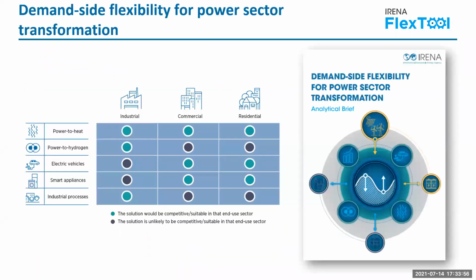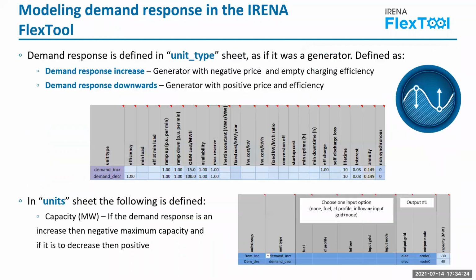Then for demand response, well, you can see here that we published a couple of years ago this work on demand side flexibility for power sector transformation, where we map that demand side flexibility can come from power to heat, power to hydrogen, EVs, smart appliances, or industrial processes. So this is just in case you are interested in demand side flexibility, in case you want to take a look. But on FlexTool, demand response, we usually model it